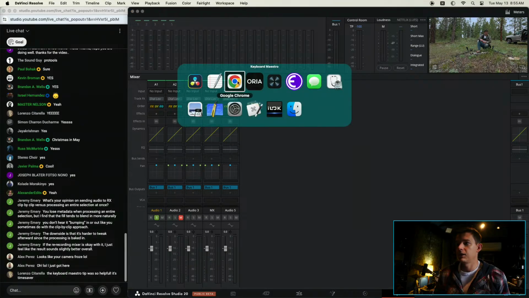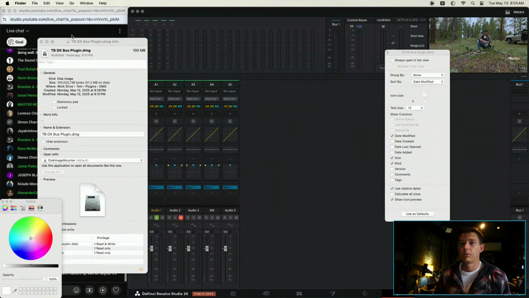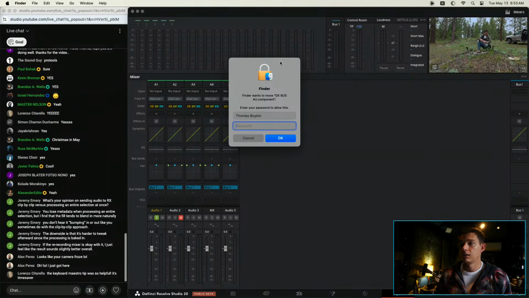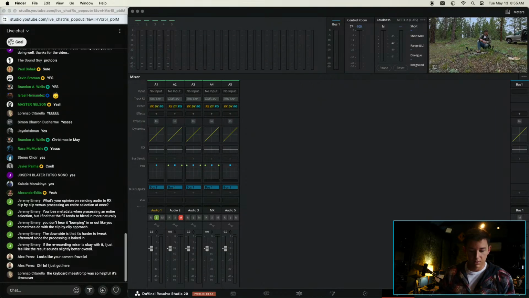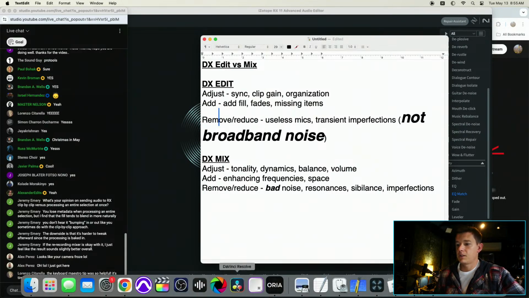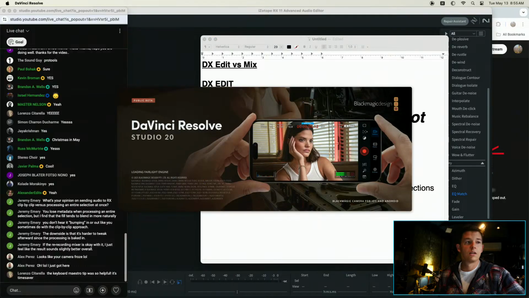Yeah, let me recopy it into my plugin folder. I was messing around with this last night. Okay, component. And I need to give it my password. And then I probably need to reload DaVinci, so bear with me. This is good. This is more anticipation for you guys. While I wait for this to reload,